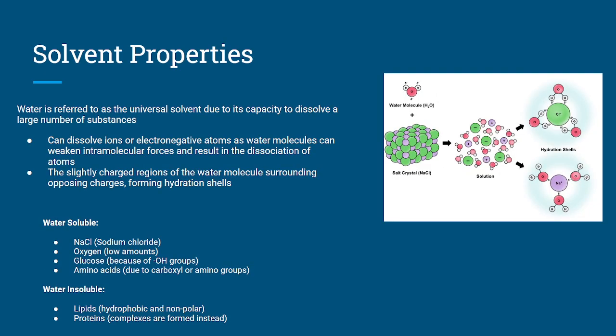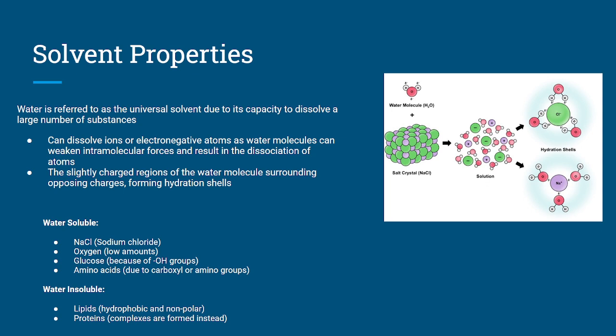Last off, we have solvent properties. So the solvent properties of water. Water is referred to as the universal solvent due to its capacity to dissolve a large number of substances. It can dissolve ions or electronegative atoms and polar atoms, as water can weaken intramolecular forces and result in the dissociation